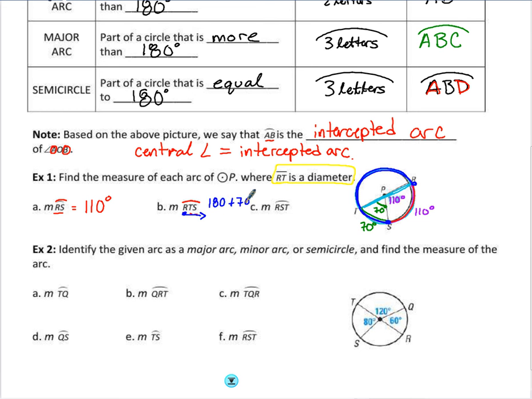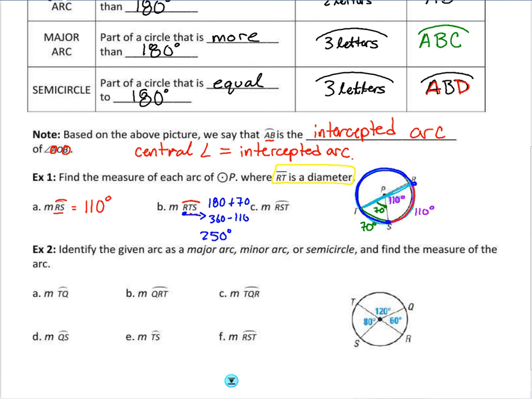Now, Mr. Ausel, isn't this also the opposite of this 110? So couldn't I also do the full circle, 360, minus 110? Either of those expressions is going to give you the exact same answer of 250 degrees, and you could do it either way. Here I have the measure of arc RST,